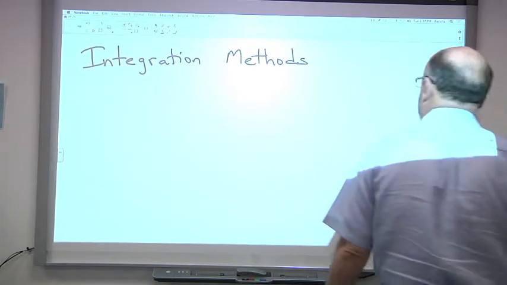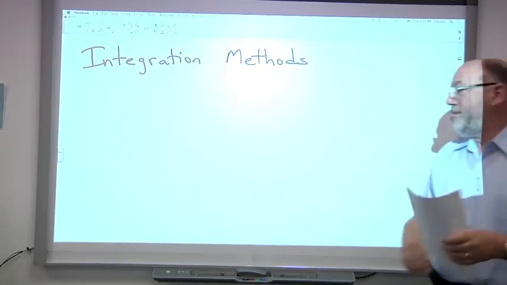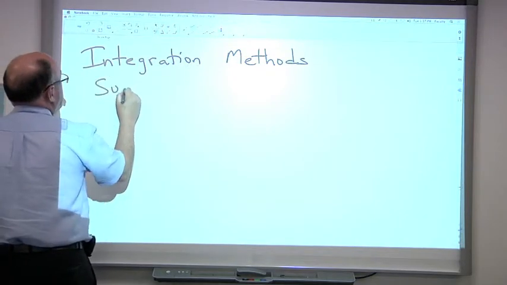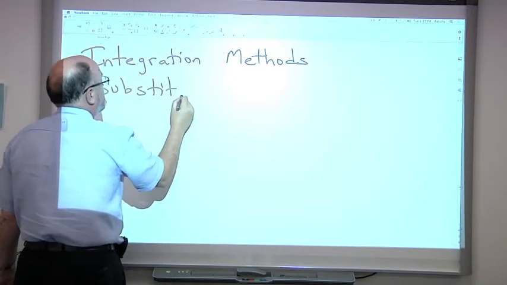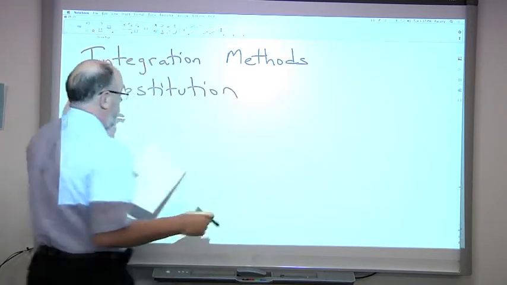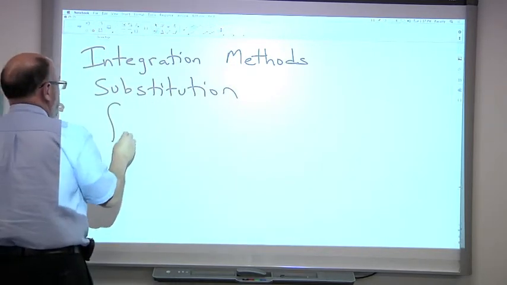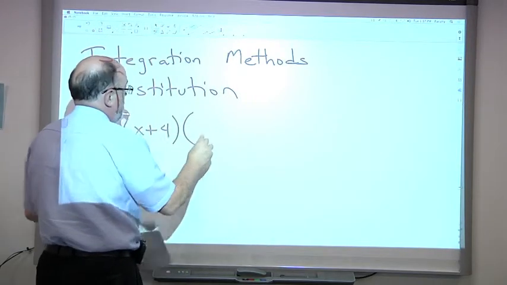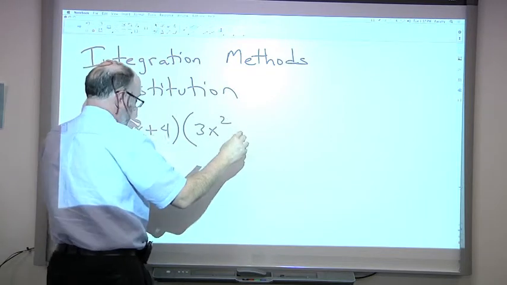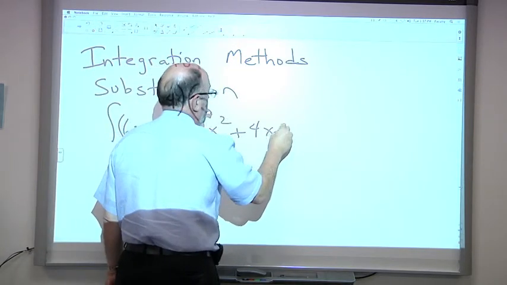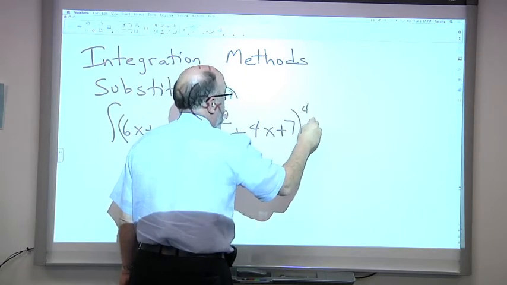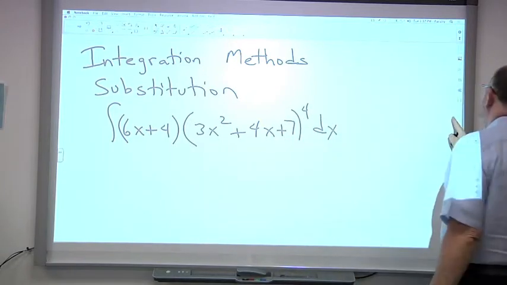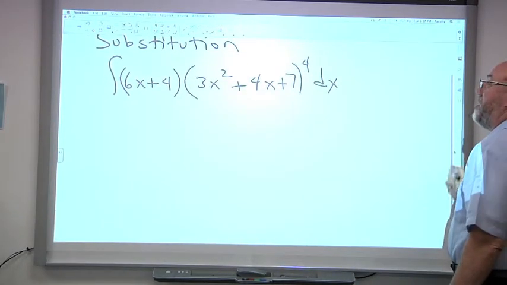So continuing on with integration, some other methods of integrating. The first one deals with substitution. For example, I want to integrate something that looks like this. So we want to integrate that, and we're going to do this by substituting, because we saw before last week